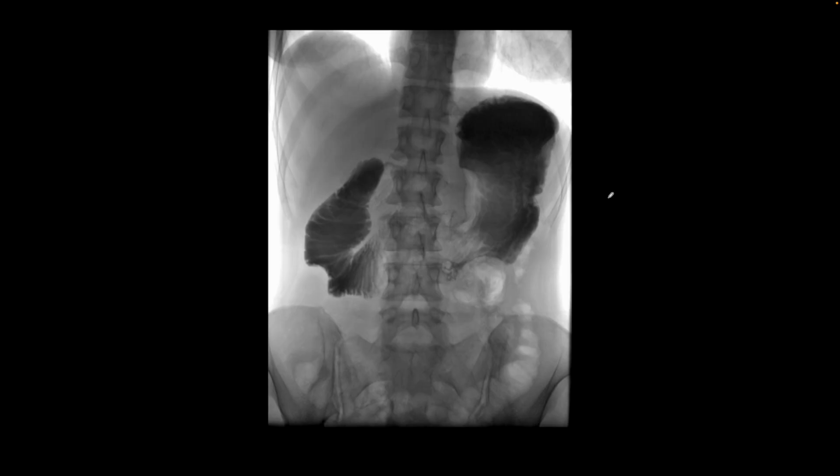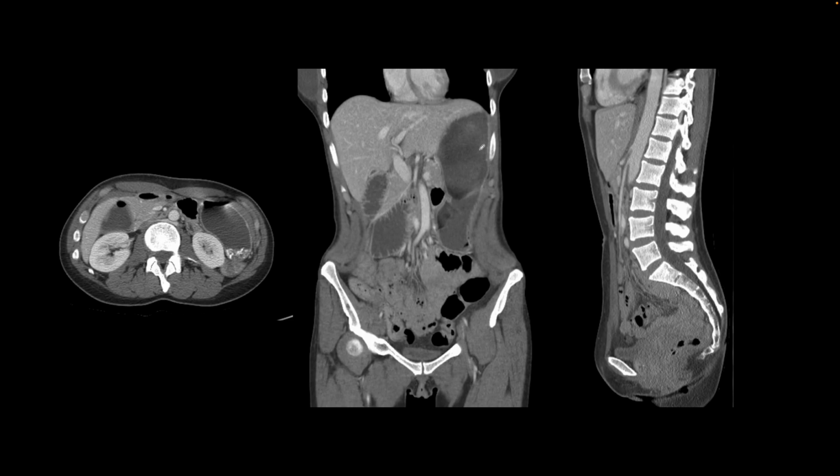This is our next patient, and we're looking at a barium study where they have swallowed the contrast and the contrast opacifies the stomach, and we find that the duodenum is very dilated up to the part here where the C loop crosses over to the left side of the midline, and the follow-up CT on this patient shows a similar finding where the stomach is distended and the C loop of the duodenum is dilated up to this point, and then on the sagittal image we find that the angle between the aorta and the SMA is very narrow, because of which there is obstruction to the second portion of the duodenum